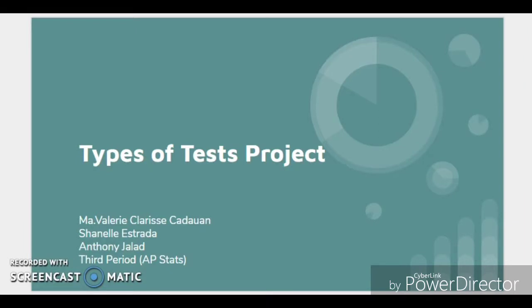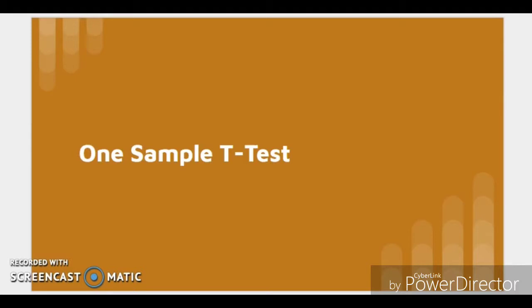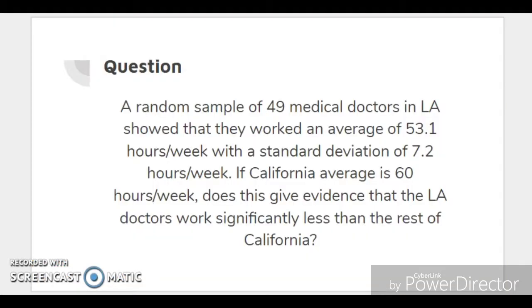So we did 3 different types of tests, and the first one is the one-sample t-test. Our question is: a random sample of 49 medical doctors in LA showed that they worked an average of 53.1 hours per week with a standard deviation of 7.2 hours per week. If the California average is 60 hours per week, does this give evidence that the LA doctors work significantly less than